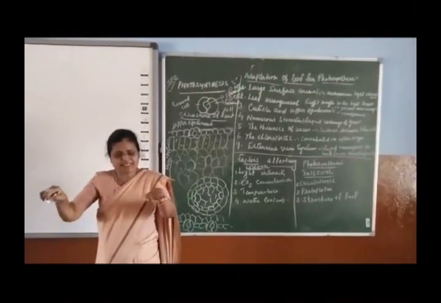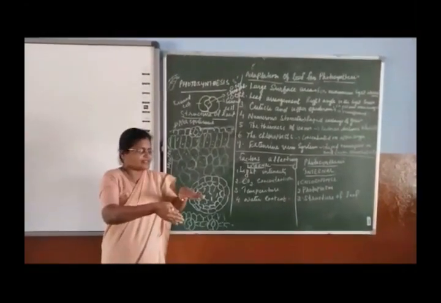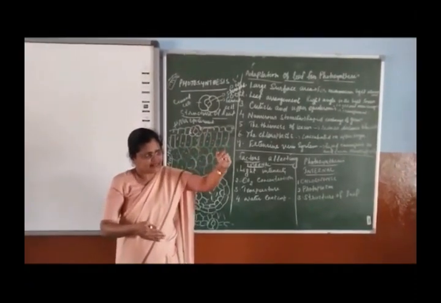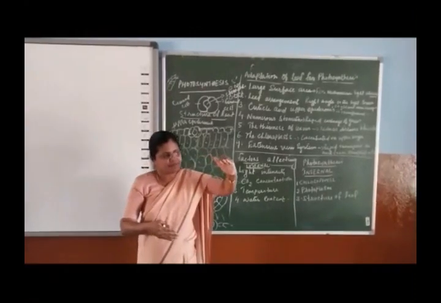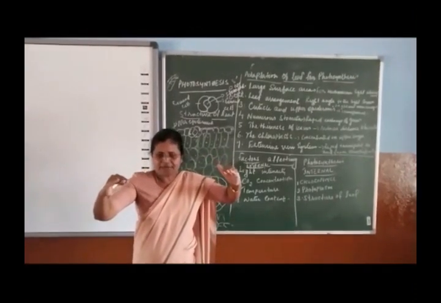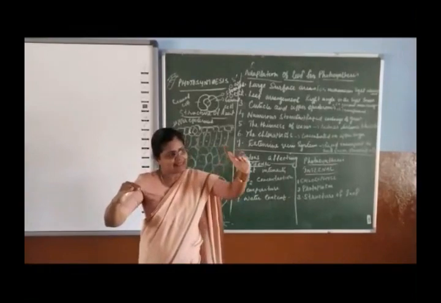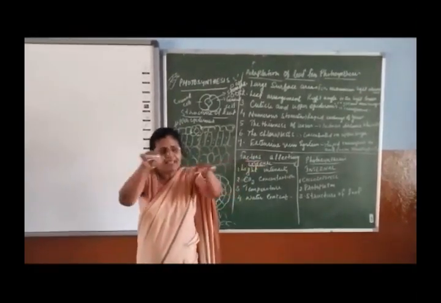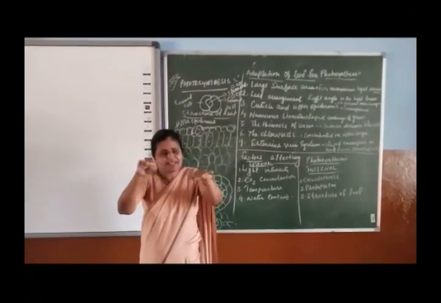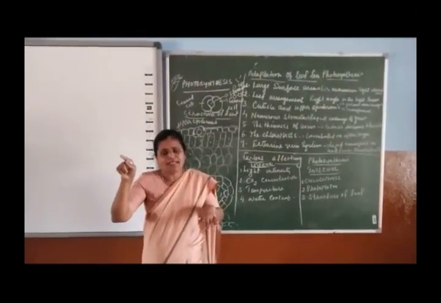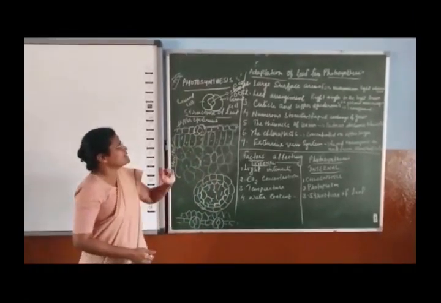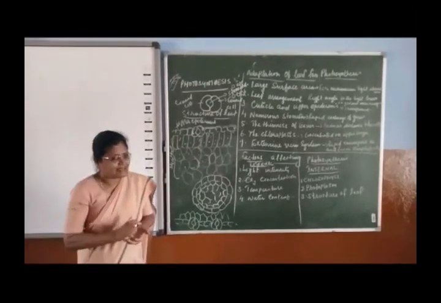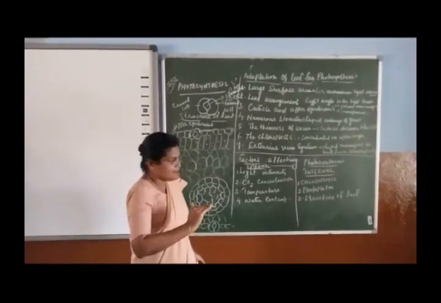But if the atmosphere is capable of giving more carbon dioxide into the leaf, so with the increase in the light intensity, if the carbon dioxide available is in proportion to the increase in the light, the photosynthesis also keeps increasing, but it comes to a second phase of stabilization at 0.05% carbon dioxide availability. I repeat, if you have not got me clearly, with regard to light intensity,